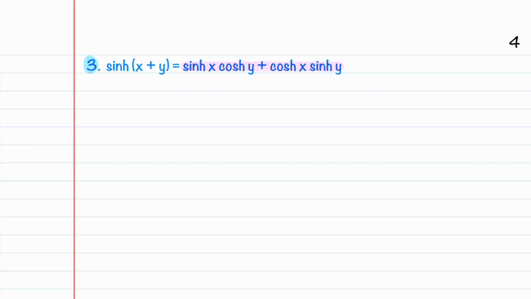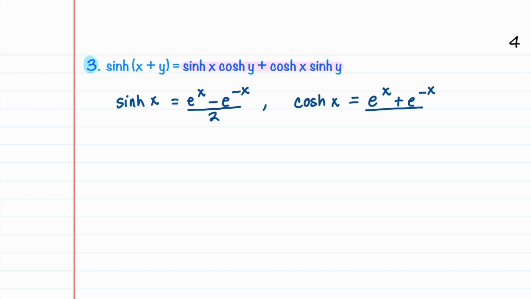Just to get us started, I am going to write down the definitions that we're going to need. Sinh of x is e to the x minus e to the minus x, all divided by 2. And then cosh of x is e to the x plus e to the minus x, all divided by 2. Now what we're going to do is write down what sinh x cosh y plus cosh x sinh y